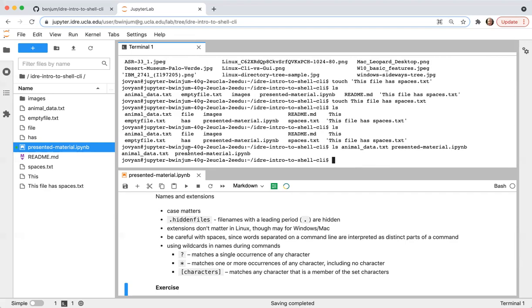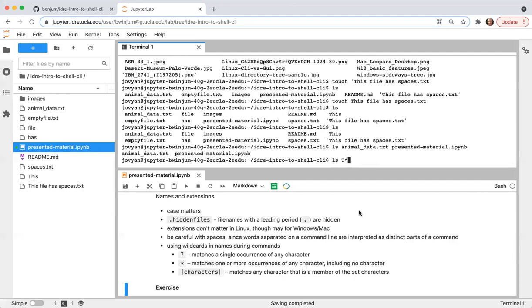Say now I want to list every file that starts with the capital T. You can use a wildcard to do this. Wildcards are useful for matching patterns. I know that I want the file name to start with the capital T, and then I can use this particular wildcard character to match any characters.